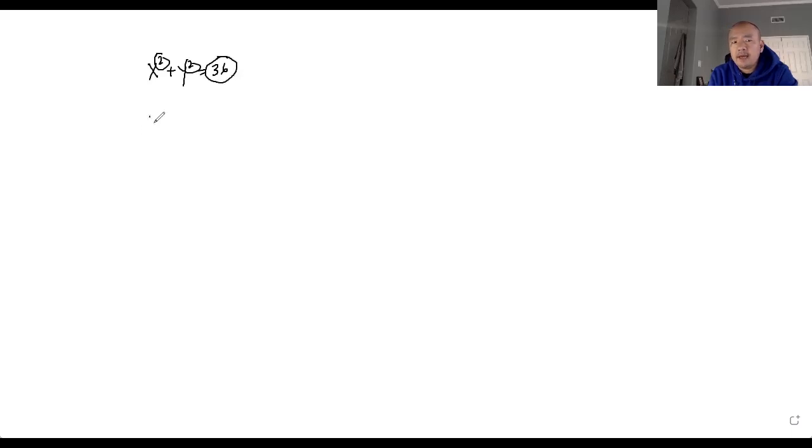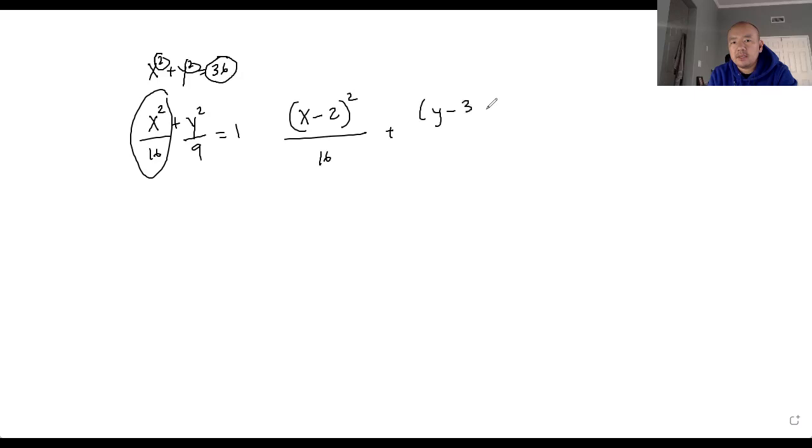If I have x squared plus, let's say, y squared over 16 and 9 equals 1, remember that this is the standard form for an ellipse. The x is the major axis in this case. And the center of the ellipse is 0, 0 because there's no h and k. Whereas if this was x minus 2 squared over 16 plus y minus 3 squared over 9 equals 1, and if you were to graph this, and again I'm just reviewing this a little bit,